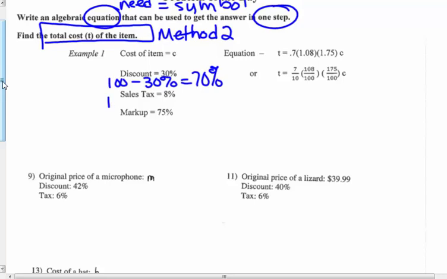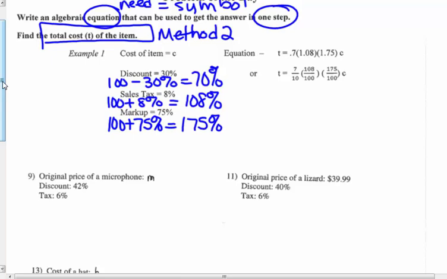The tax, 100 plus 8%, you're going to pay 108%. The markup also gets added, 100 plus 75%. You're going to pay 175% more than that cost. So the total T equals